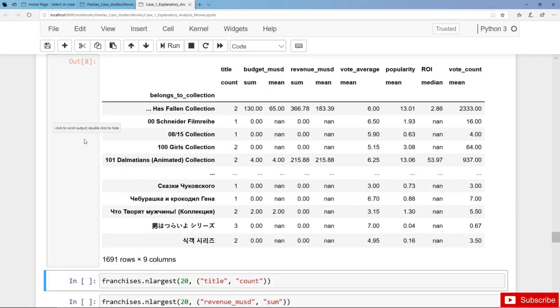So this is not really sorted, and it makes more sense to find, for instance, the 20 largest franchises in terms of total budget or mean revenue or whatever. And here in the column header, you should be aware that we have a multi-index. So first of all, on the title column, we have the total count, so the number of movies. Then for the budget, we have the sum and the mean. And also for the revenue, we have the sum and the mean. For vote average, we only have the mean. And actually, this makes it a little bit more complicated to select columns or to sort the data frame by